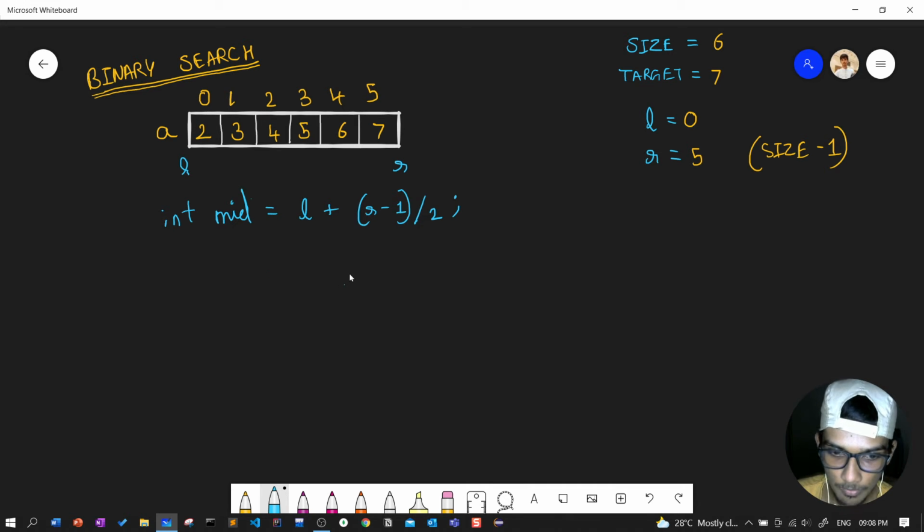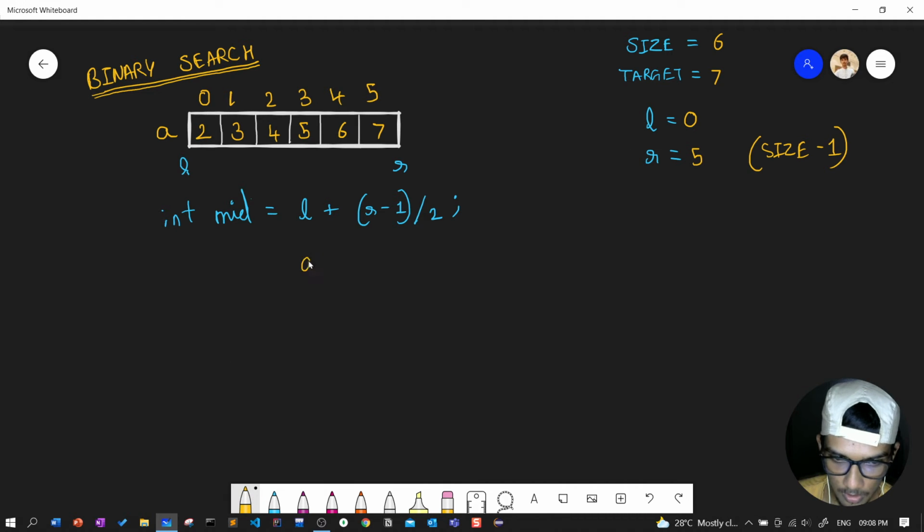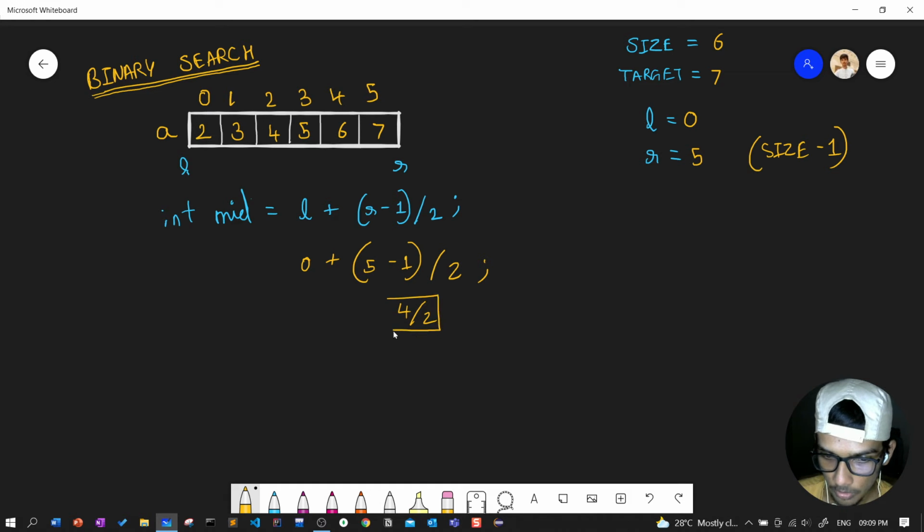Left is 0, so 0 plus (5 minus 0) divided by 2, and 5 minus 1 is 4, divided by 2 gives 2. So we find the index as 2, so the mid is at index 2.